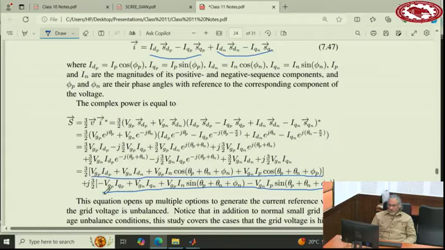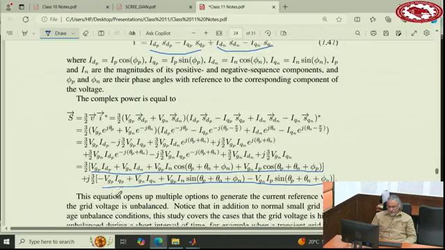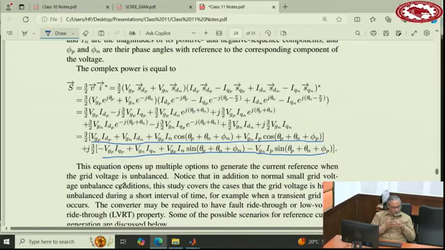And this DC should be equal to your set point. This part is the real power set point, and this should be equal to the reactive power set point. But now you have some degree of freedom because you have a positive sequence of current and a negative sequence of the current. You can use that degree of freedom to make this